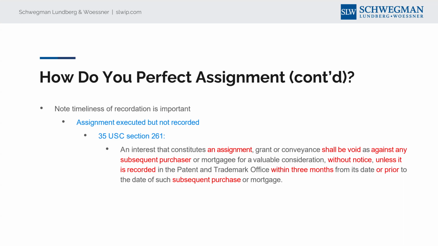So this is a situation I've run into a number of times in my practice, and certainly the easiest solution, I agree, is if there is an already signed employment agreement that uses the language that the employee hereby does assign all inventions made during the employment with the company. That's definitely the easiest way forward to overcome that situation.